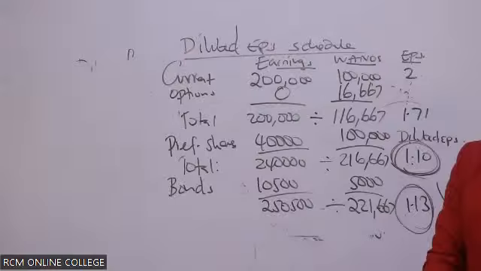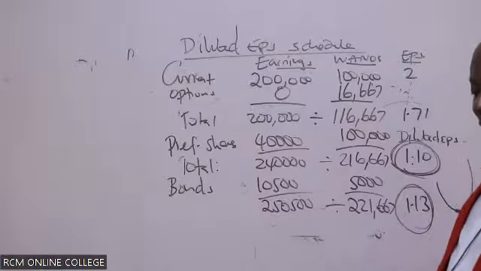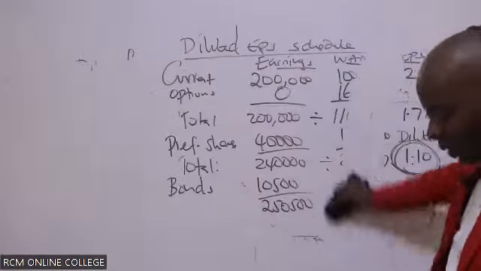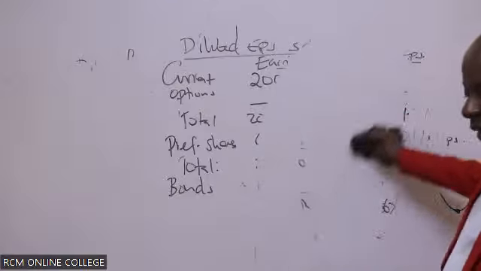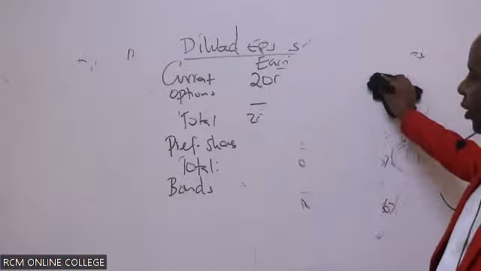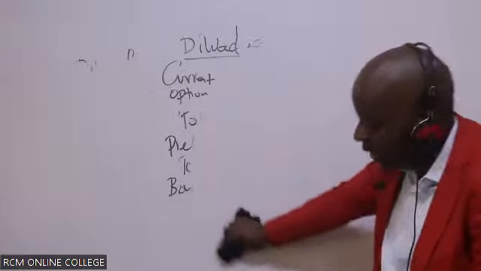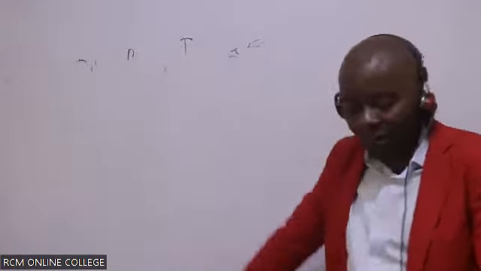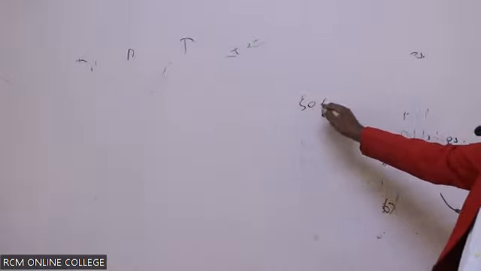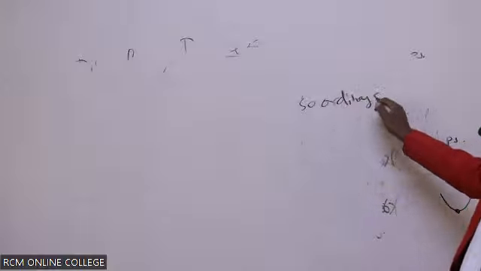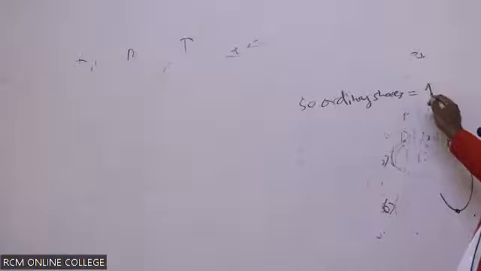Now, ladies and gentlemen, John is asking a very simple question there. In note number 3, the company also has shillings 100 million, 15% convertible bonds of shillings 1,000 each outstanding. Each bond is convertible into 50 ordinary shares before the year 20. It depends on how the question is framed. Because if you do 50 ordinary shares equals one bond,